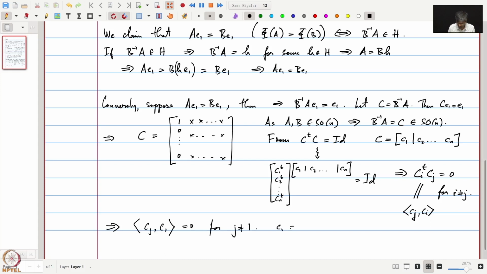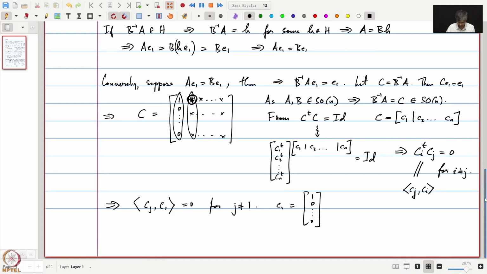But C1 is this column vector 1, 0, 0, and Cj, let's take C2, will be this column. So when we take the inner product of C1 and C2, we get this first entry over here. So since the inner product is 0, this implies that